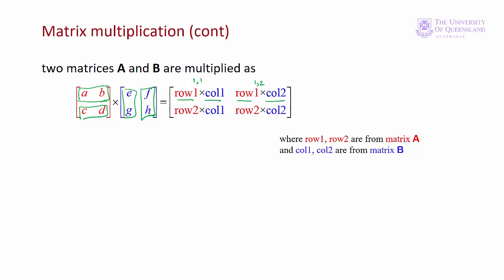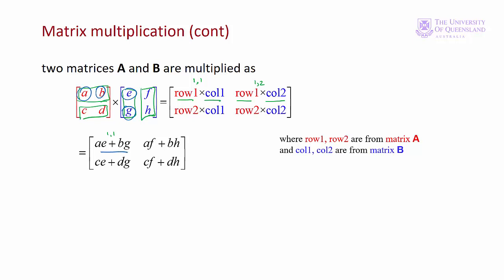How do we multiply rows by columns? We multiply the corresponding elements and then sum up the products. So here we have 1,1, row 1 by column 1. We have the first element in row 1 times the first element in column 1, A times E, and then the second element in row 1 times the second element in column 1, B times G, and we add them